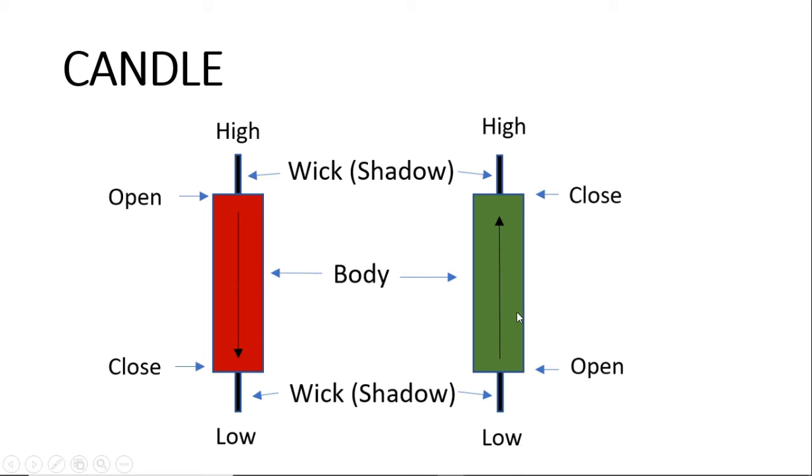Always a green candle will start from the bottom and go to the upside. And always a red candle will start at the top and come down. That's how you have to read a graph. For example, we'll take this red candle. The opening price was here. We'll consider this candle as a 1 day candle. The opening was here and the price came down till here, and it got closed on the day here. On the day, opening at 9:15, it opened here. At the end of the day at 3:30, it closed here. That means the share price of that company has decreased.